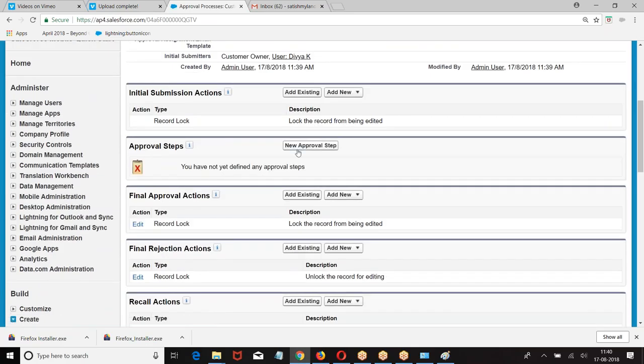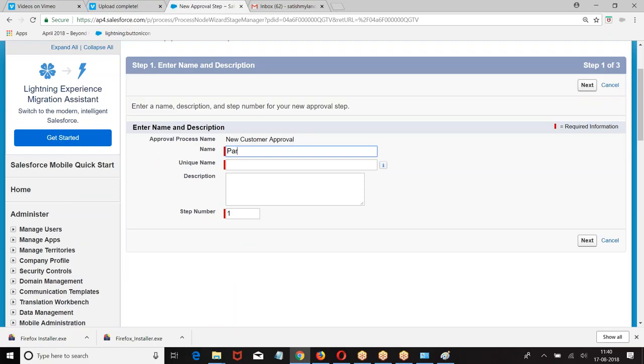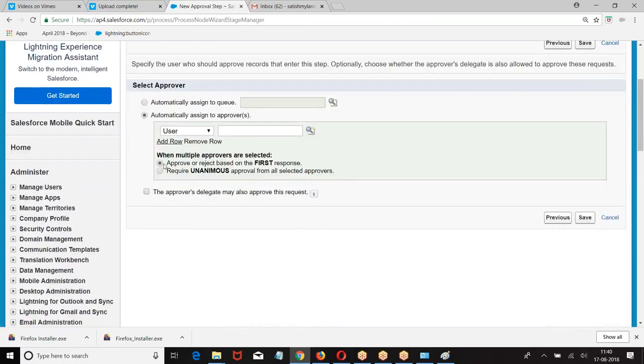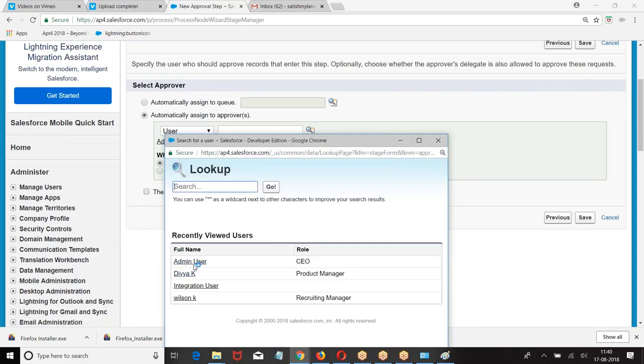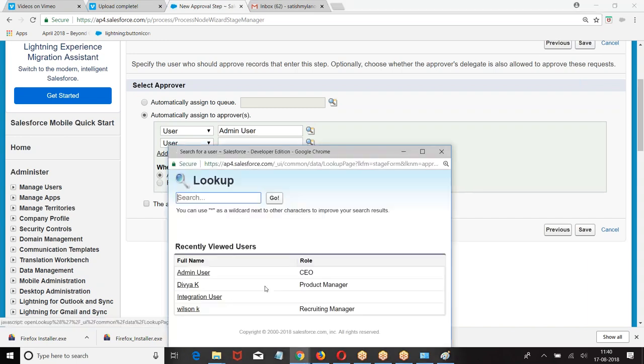Approval action. What is that approval action? Parallel approval. Enter this step. Now we said assign the record to admin and assign the record to Wilson.